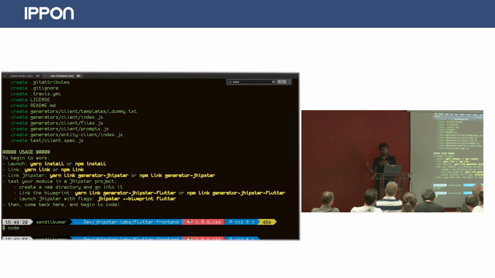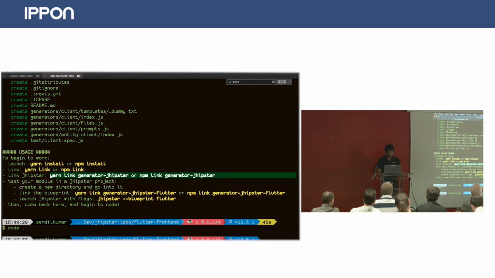And once you have created the blueprint and all those things, all you basically have to do is yarn install all those dependencies that you have, and then link this thing, and then go to your application and use this linking stuff. The reason why we have Kotlin Hipster using JHipster as a CLI command line is because you can actually remove this particular step. You don't need to install the JHipster generator itself. You can just use this particular CLI file to override that thing, and it kind of does everything for you.